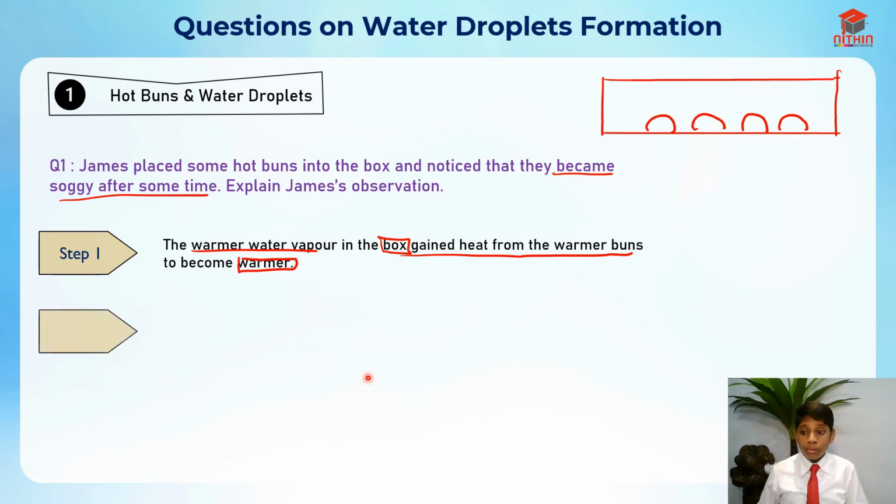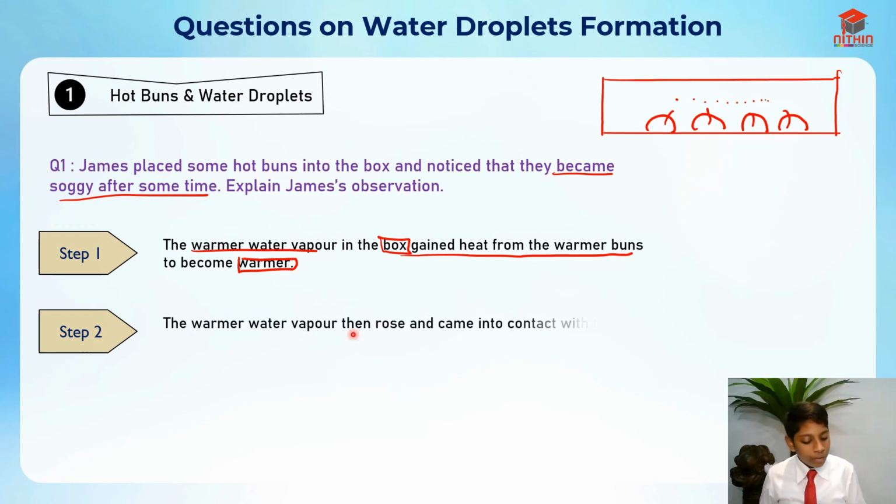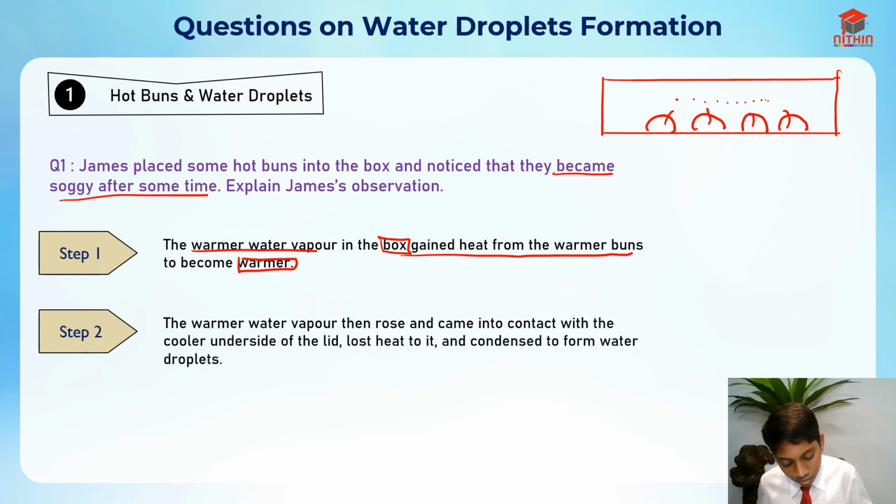Now for step 2. Before that, let's update our drawing. Imagine there's some water vapor here, and then it gains heat from the buns. Now for step 2: the warmer water vapor then rose because it's warmer, right? So it rose up